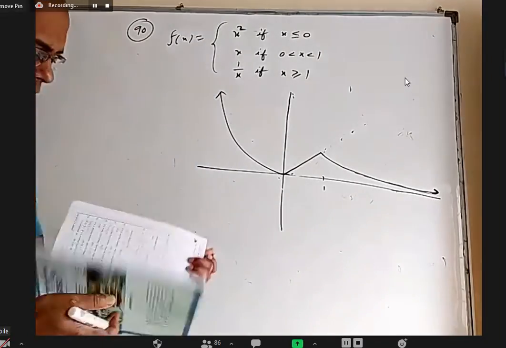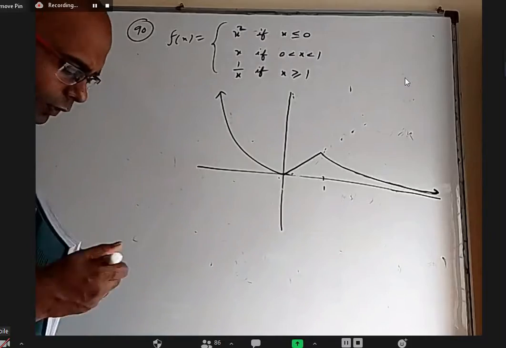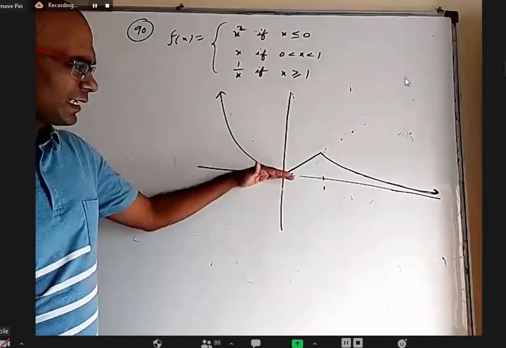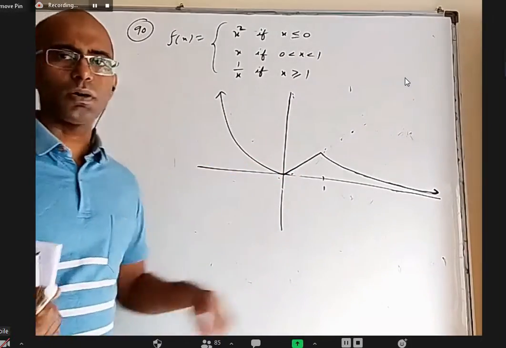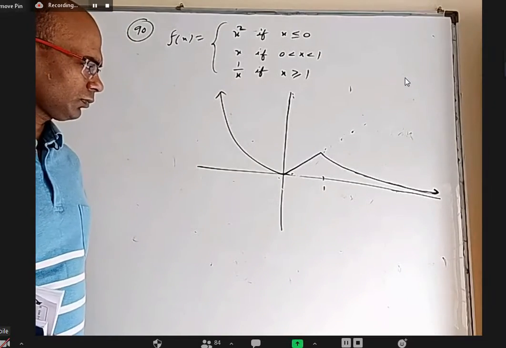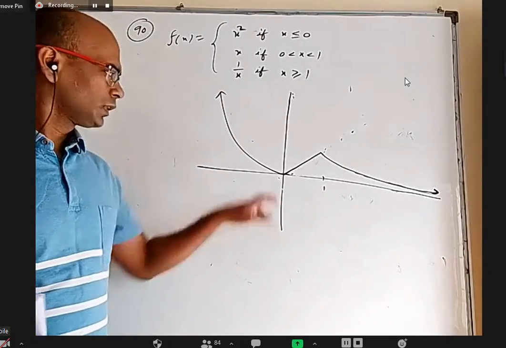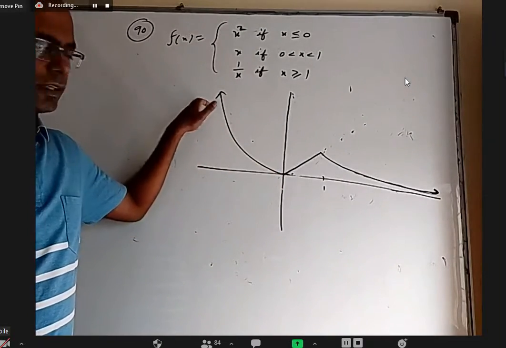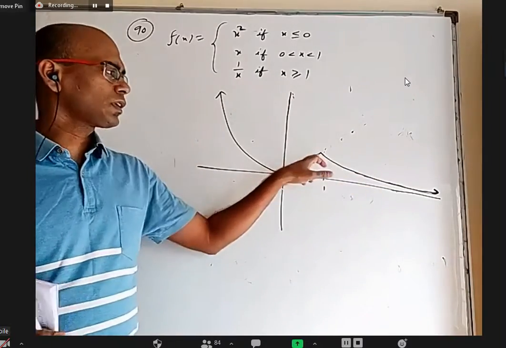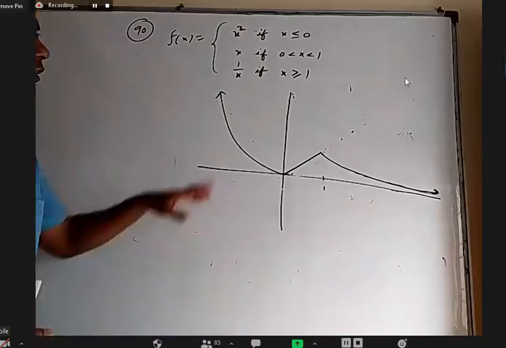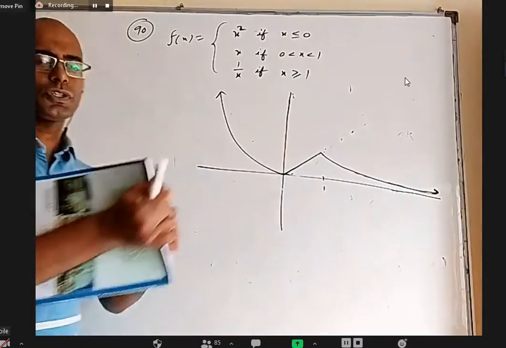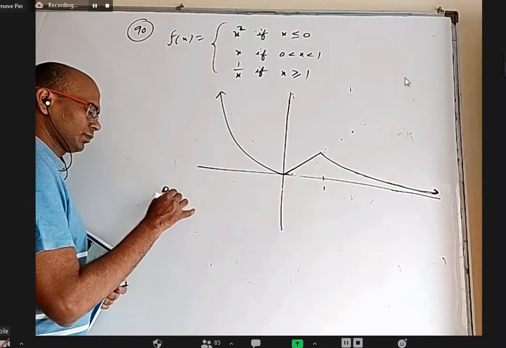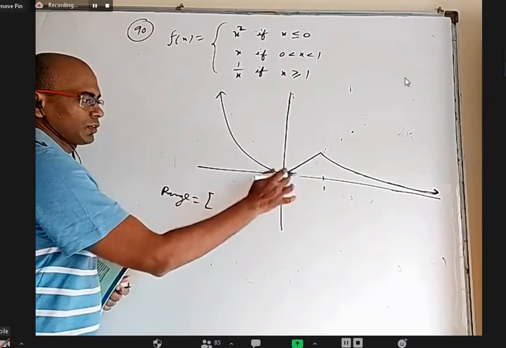Okay, now what they want? They want the range. So if you look at all the y coordinates of all these things, nothing is below x-axis. No point on this curve is below x-axis. Right? So y coordinate cannot be negative. Y coordinate can be 0, and all positive y coordinates are covered here. Everything up to infinity. This also will cover between 0 to 1. But anyway, if you look at all the y coordinates everywhere, 0 to infinity is covered. So that's it. Range is 0 to infinity. Closed interval because 0 is here.